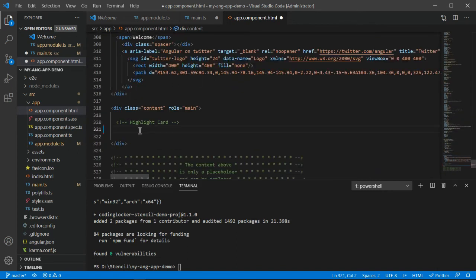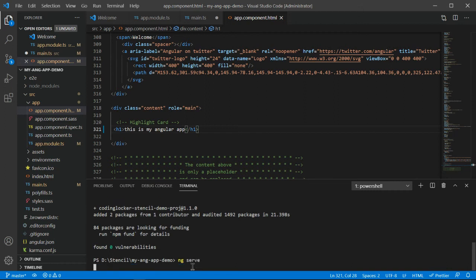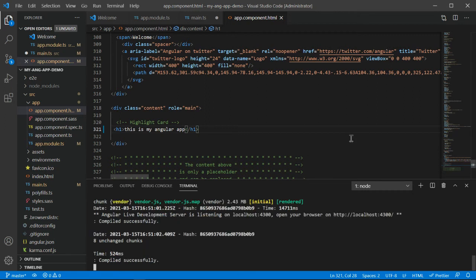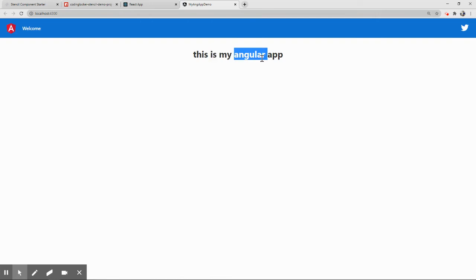Now let me enter one h1 tag and say this is my Angular app, and let's run a command ng serve. It says 4200 is already in use, so I have provided another port, ng serve --port 4300. So let it run to this location. Okay, all done. It says this is the URL, and let's open. So this is my Angular app.